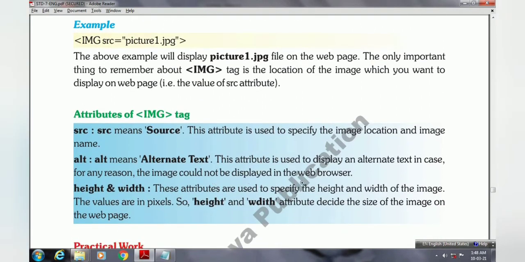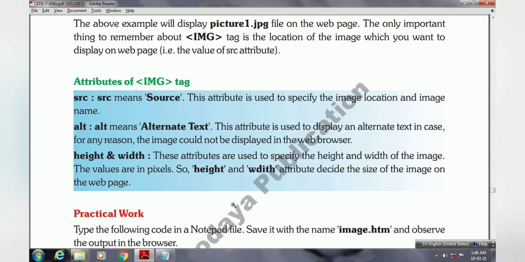If the image does not load, then whatever text you have written in the ALT attribute will be visible in its place in the browser window. And the next are the height and width attributes. These attributes are used to specify the height and width of your image in pixels.